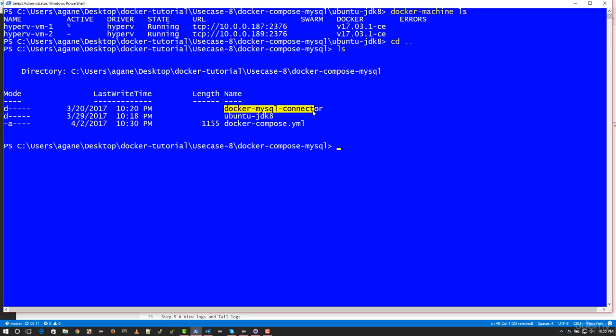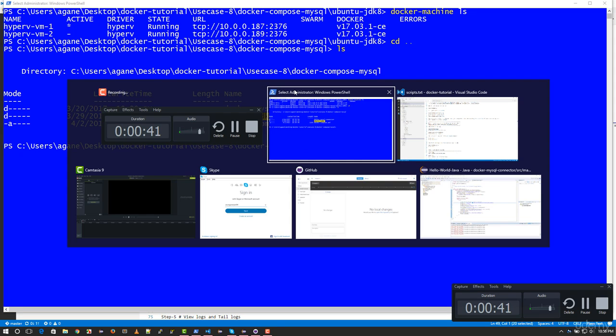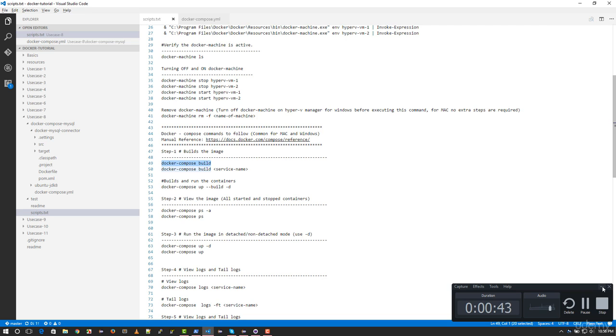this directory to create the Java image, and the Java image is going to be built off of the Ubuntu JDK 8, which has the Maven plugin installed, and it's going to download the MySQL image. So let's see how this can be started up. So let's go back to scripts.txt. As you can see,